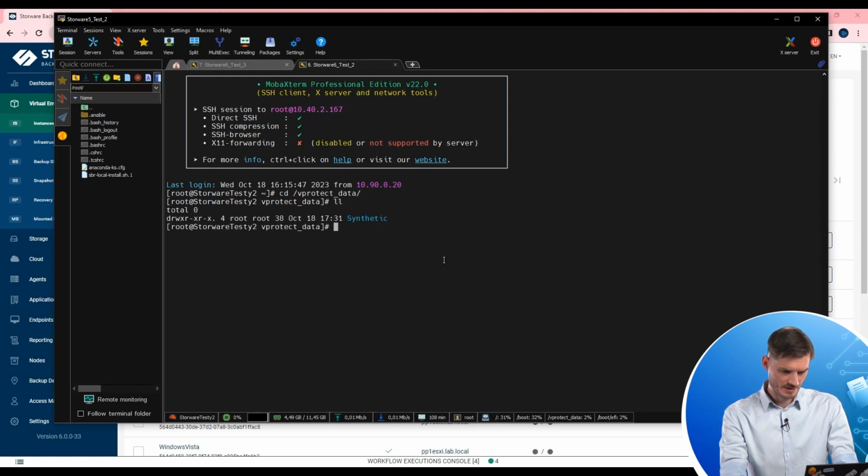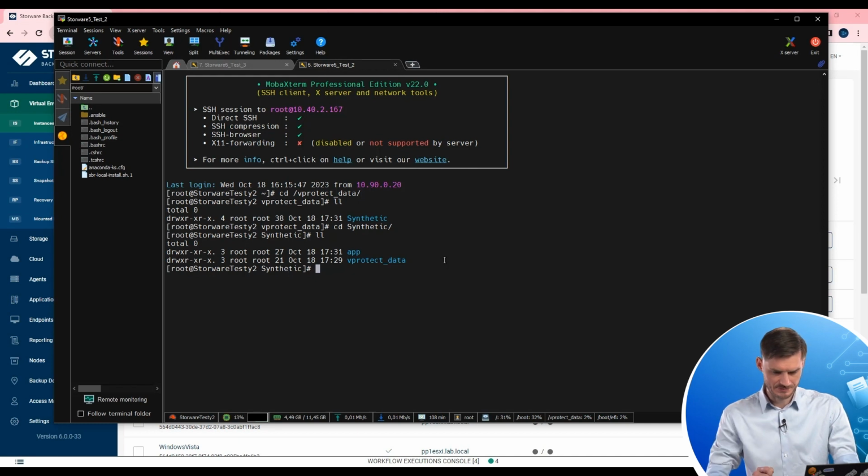Okay. So you can see the new path is here, synthetic is currently here, and also there should be, yeah, application and our vProtect data. So this is a simulation of the replication. Now we need to